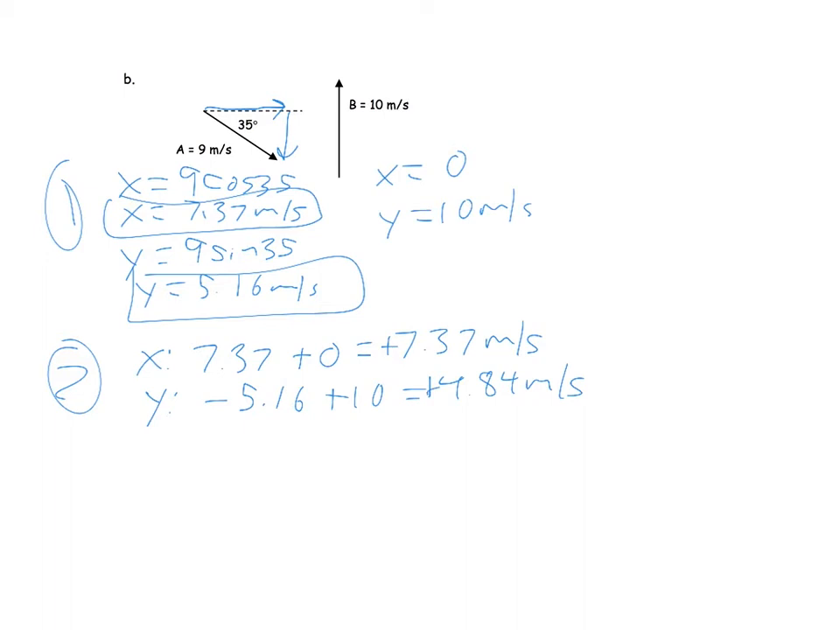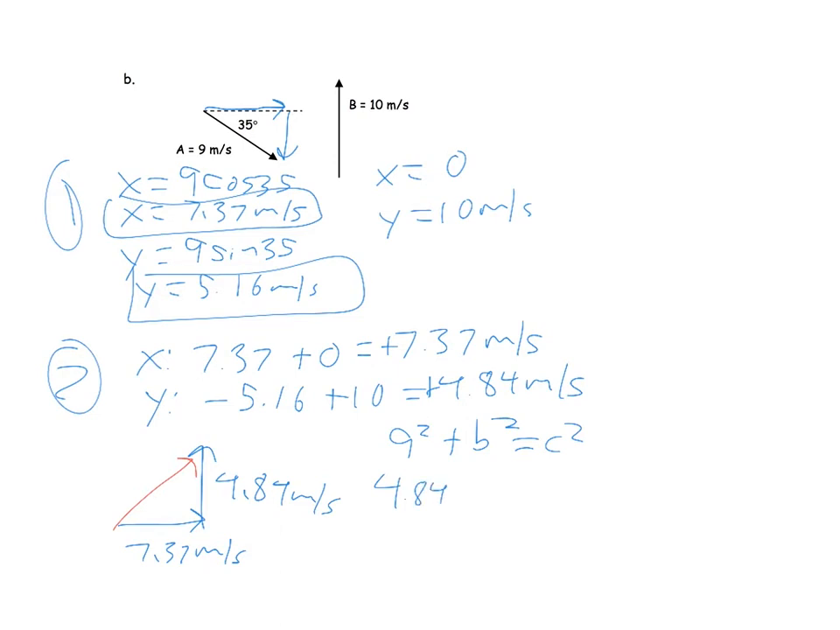The final step here, we're going to take these components and put them back together. So I'm going to draw my x first, although you can draw your y first. And from the end of that x, I'm going to draw my y, the 4.84 going up. We have that tip to tail here. And so there's my resultant. So in order to get the magnitude, I need to Pythagorize this. 4.84 squared plus 7.37 squared equals c squared. So I get a hypotenuse here of